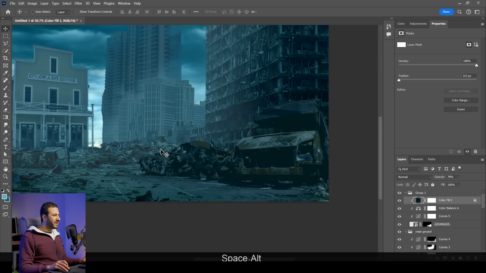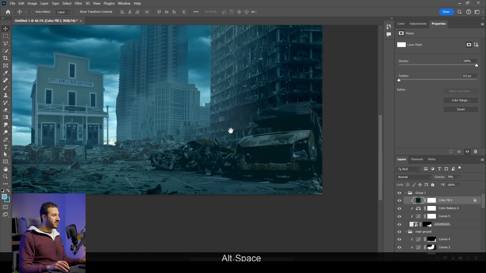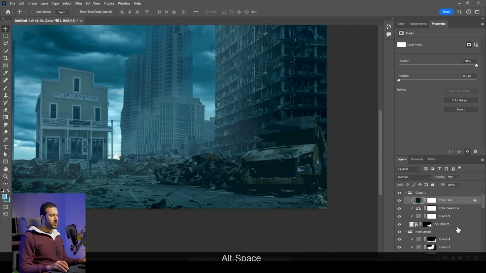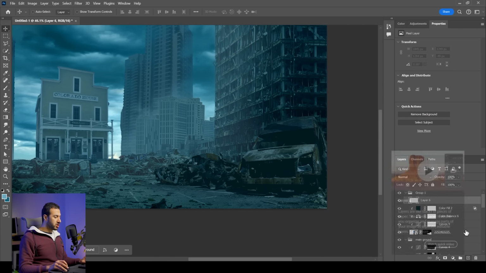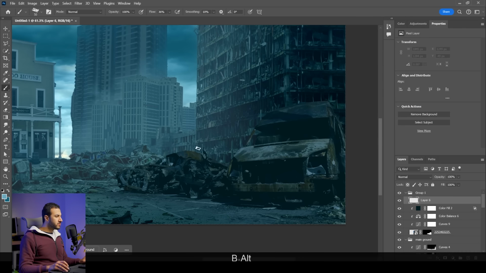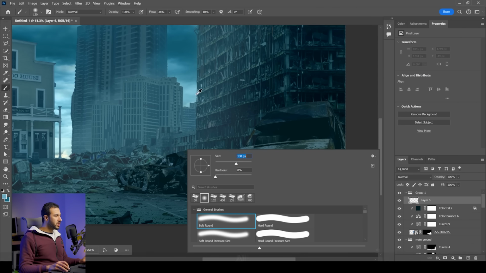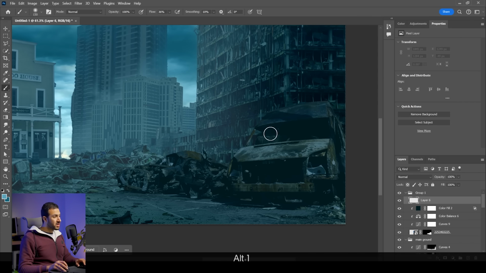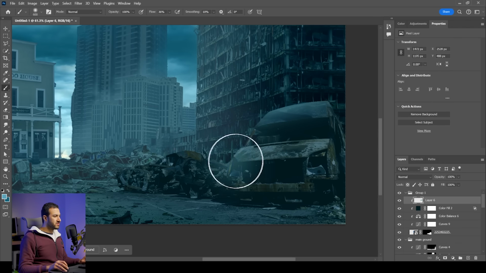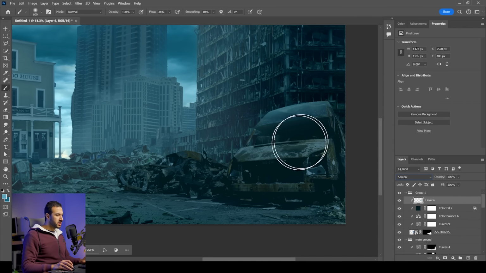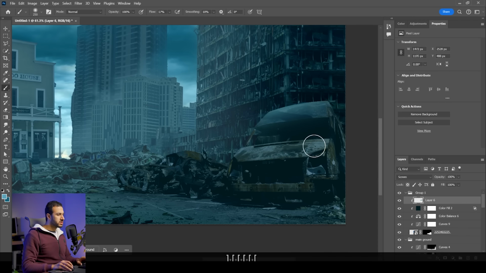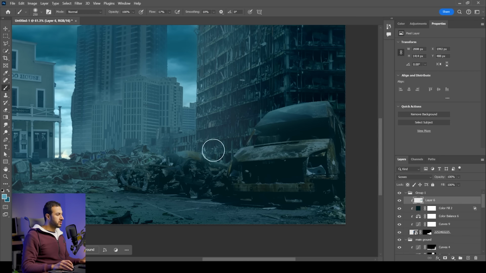Now let's paint some hazing or atmosphere light effect into this car. So I will create a new layer, an empty one. And using the soft rounded brush and picking any color from the sky, I will just paint. Let's create a clipping mask. I will just paint over these areas. Let's change the blending mode into screen, and maybe with low flow of the brush, we can simply paint over here. Very soft